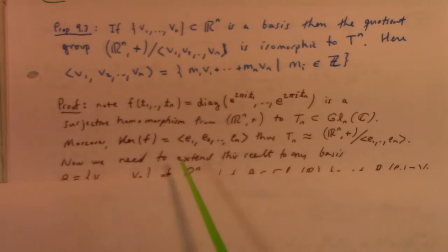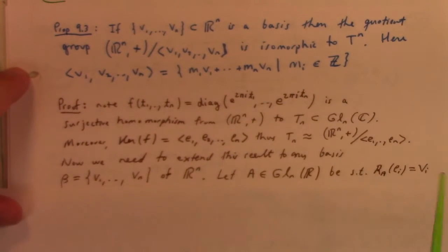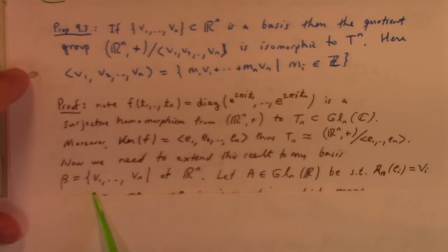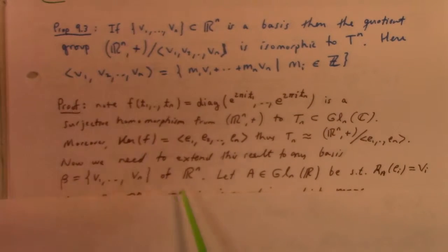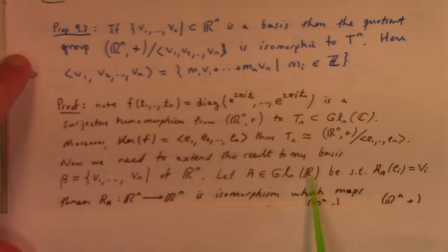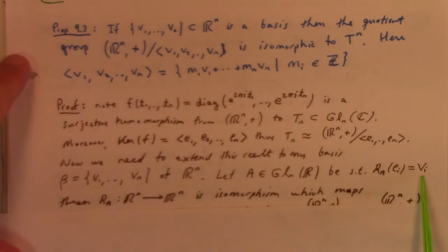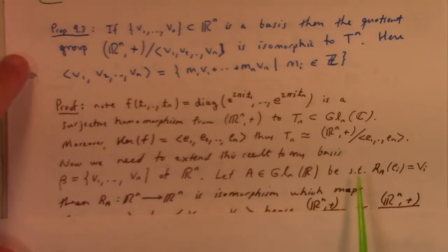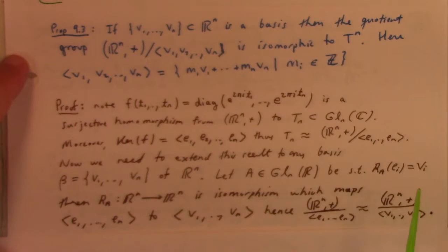There's some details I'm a little slippery on right here. Anyway, now we need to extend this result to any basis. I'm arguing that this is good for the standard basis, but we need to extend it. We need to prove the result for an arbitrary basis. So if I have A, an invertible matrix, such that multiplication by A takes me from the standard basis to this other basis v_i, and then of course R_A goes from R^n to R^n as an isomorphism,